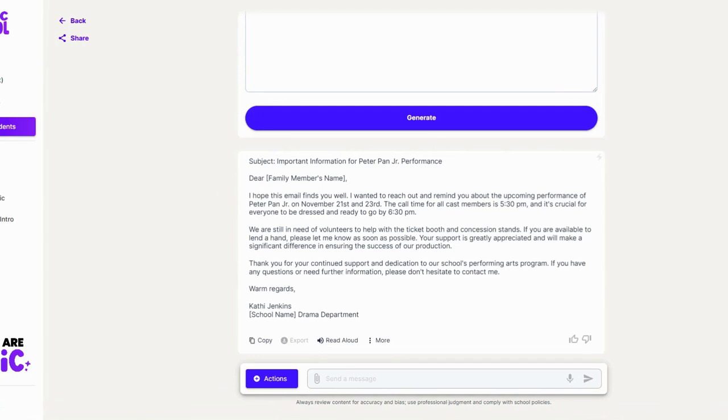I can specify my name. I can add my phone number, my email, and oftentimes it will ask me if there's anything else that I want to add to the letter. And that's one of the things I like about AI. Again, I have ideas, but sometimes I have that blockage and I forget a little minor detail that I'm like, oh, that would be important to add to my letter. And Magic School AI is good at including little things like that. And all you have to do is go back to your prompt, edit your prompt, and it will fix that